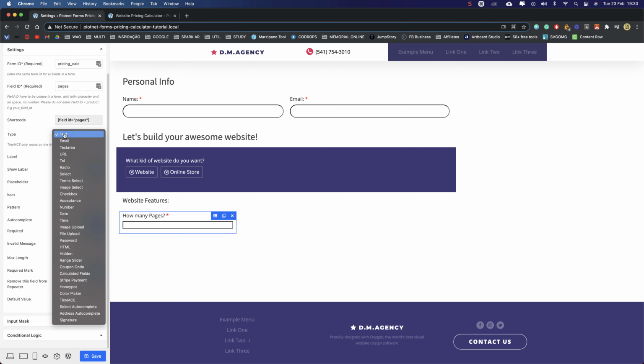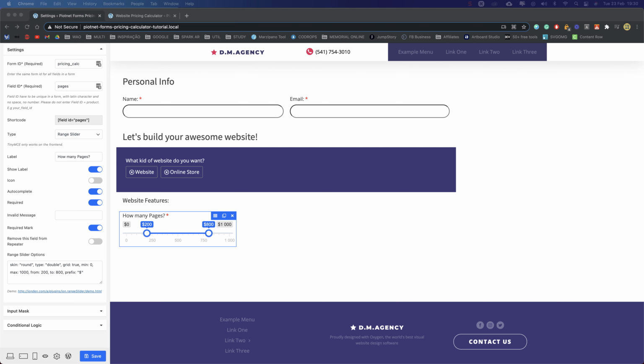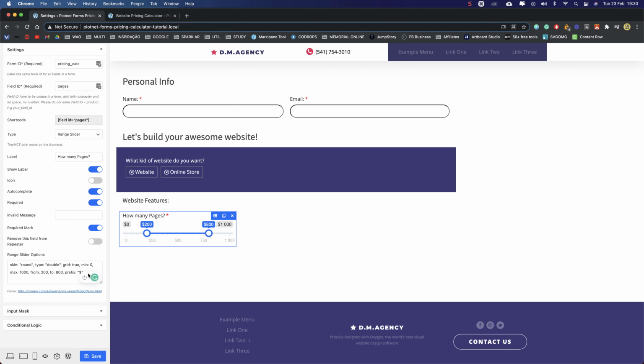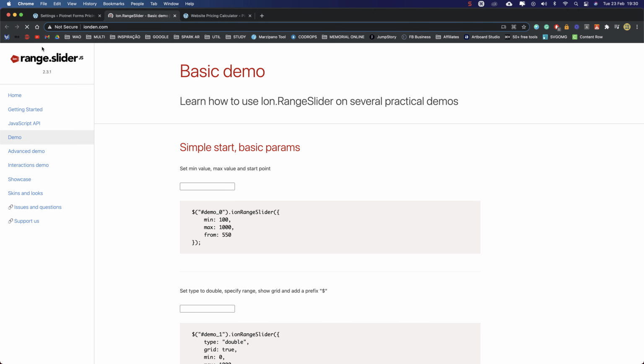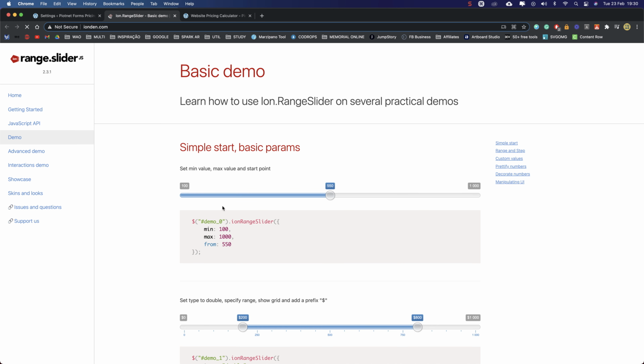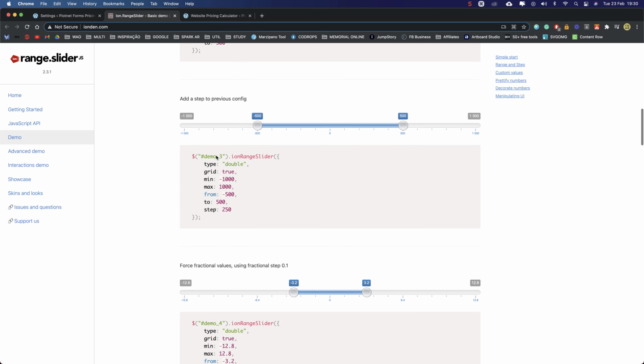Now this field needs to be a range slider. And on the range slider, we will change the options right here. I'm just copying from my website, and you can see here on the demo that Bayonet is using the range slider JS framework, and they have a bunch of examples here on how you can customize your own range slider.